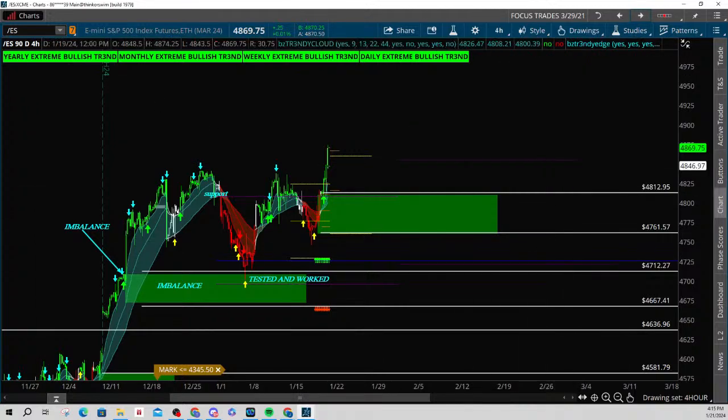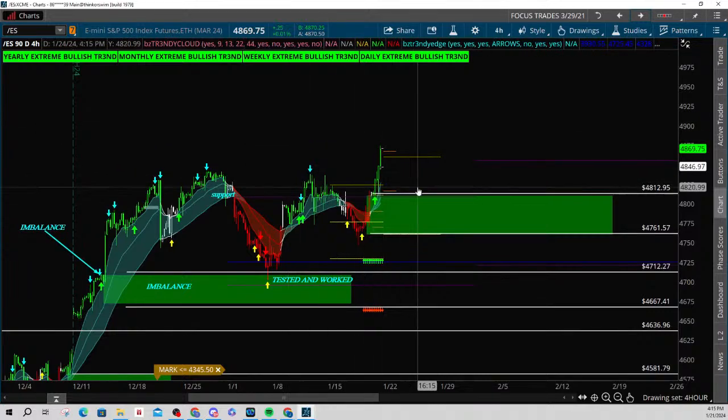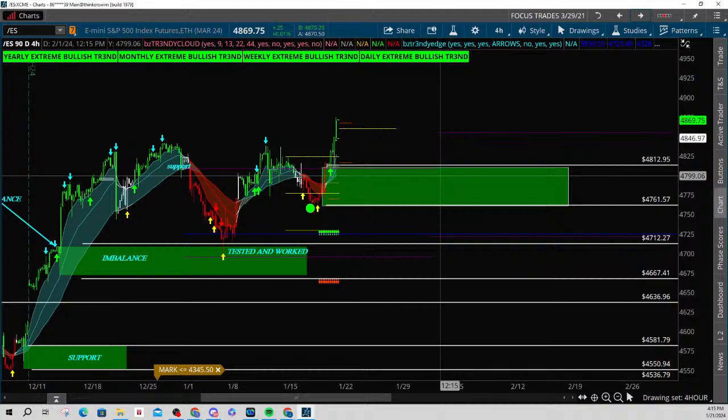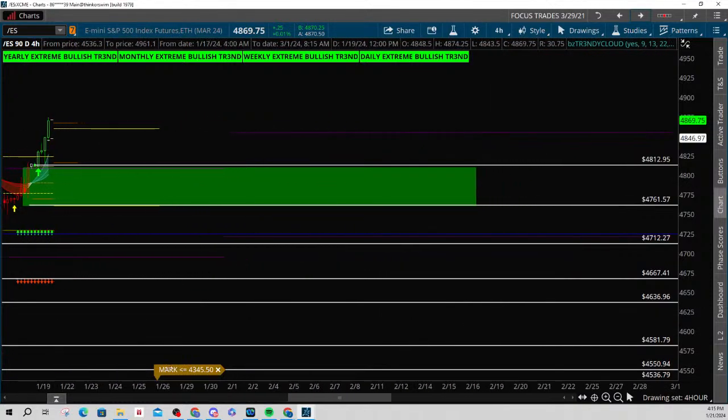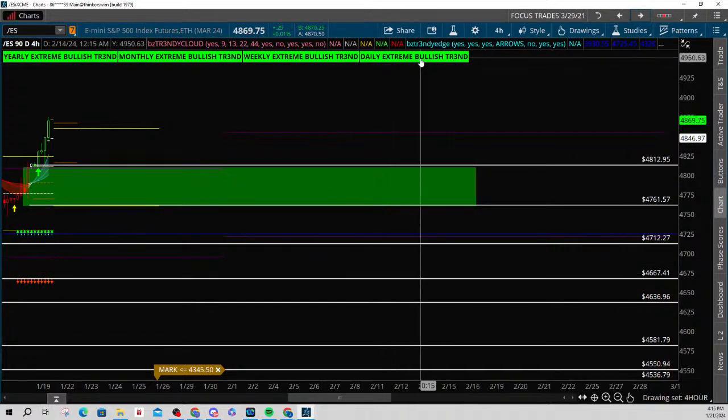Now let's go ahead and go over my overall sentiment. Keep your eye on the 4 hour cloud as usual. So basically what I'm saying is these dips are buy the dip opportunities until prices start to stay under. And notice it looks like maybe last week price did stay under, but it only stayed under for a little bit. And if you used your trendy turn, you can see that we had a trendy turn come in right there. And even if you didn't go long then, you could have waited until we got back above the cloud, went long again, and then boom, that's all she wrote.